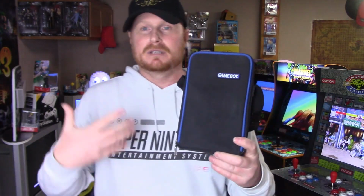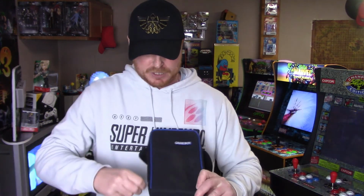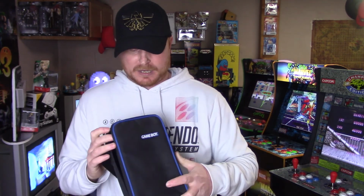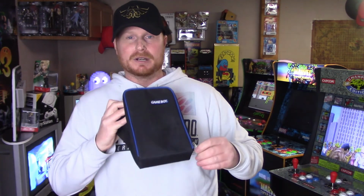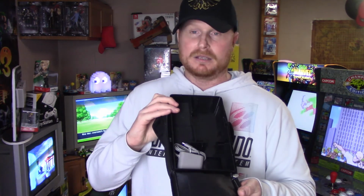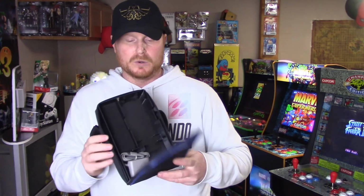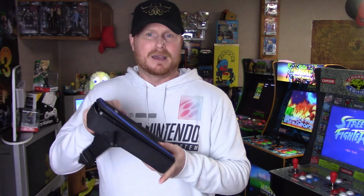Okay, so I also got some more stuff at this pawn shop. I got this guy right here, this Game Boy case. This thing was in really nice condition, so I figured I would pick this guy up. Let me show you guys inside. Pretty basic, but definitely good enough to hold some Game Boy stuff. Right now I have a charger in there, but you put your Game Boy right here. Really cool. This was really cheap, so I just had to grab it, especially for the price,